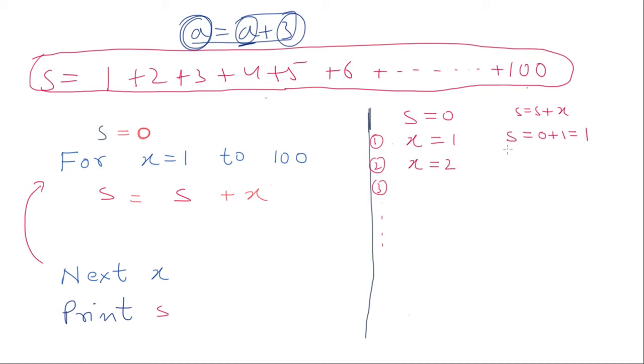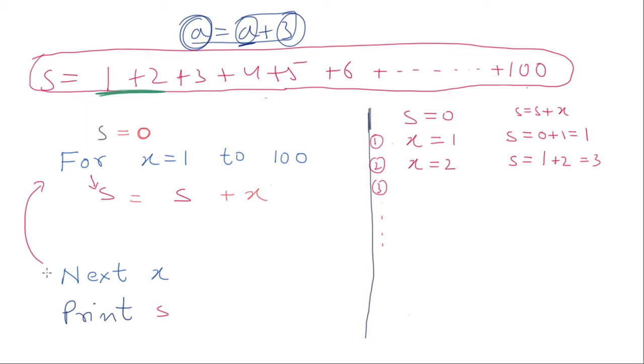x becomes 2. Again it goes on to calculate this s, because now it will come over here and do whatever the computer has been asked to do. So it will say s is equal to the old value of s. How much is the old value of s? 1, right? 1 plus the value of x. How much is the value of x? 2, right? So what does it become? It becomes 3. So basically it has done this process. 1 and 2 has been added now, right?